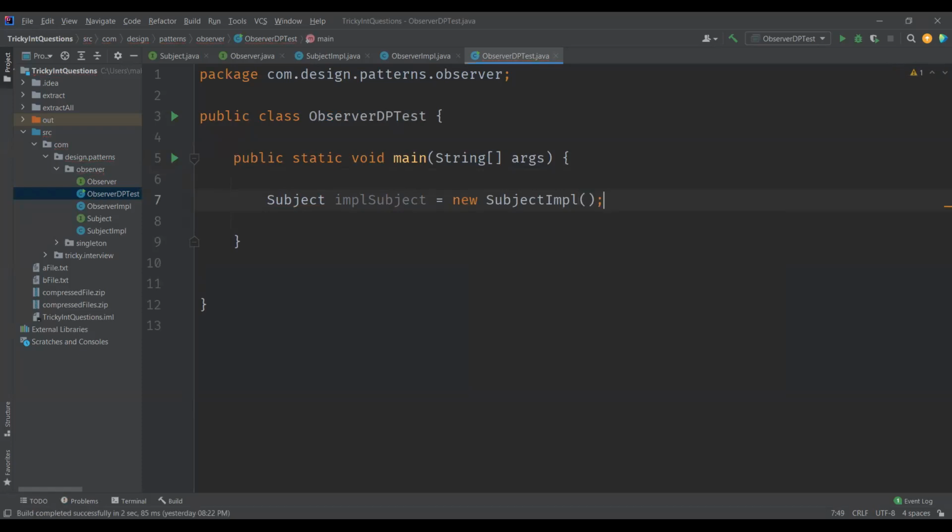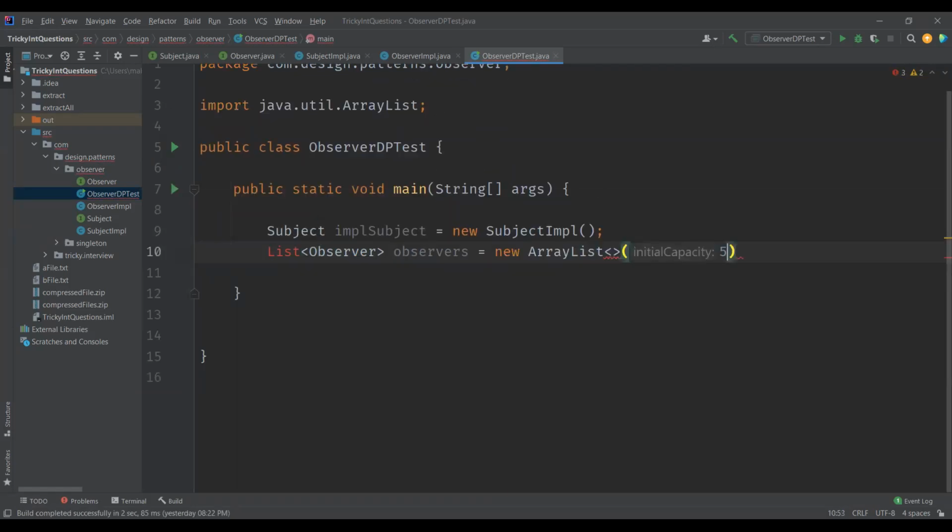Right, and then we'll have the list of observers. This has to be a big uppercase O. We'll have the observers list, where we'll have an initial size of 5 for the array list, right?